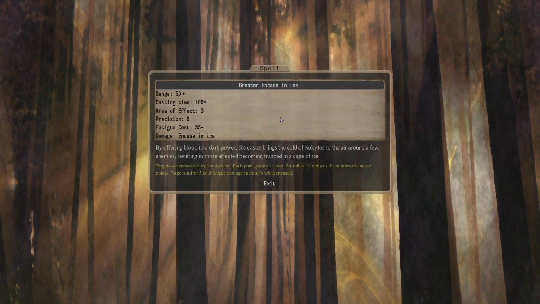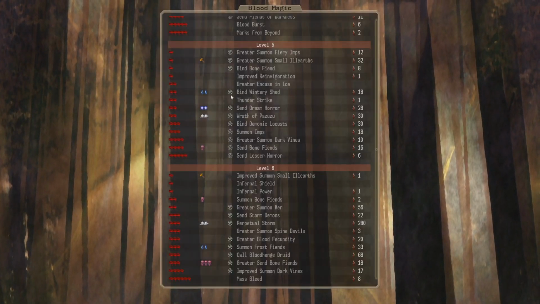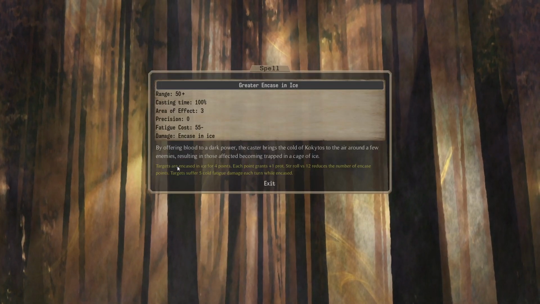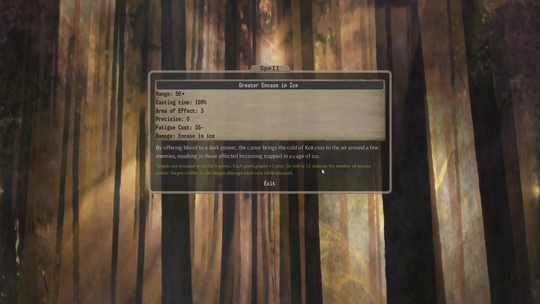Greater Encase in Ice. AoE 3, 50 plus 10 range, Encase in Ice. Does that require anything? No. I think these spells are very good, but might be good against us because we have a bunch of cold vulnerability, but...